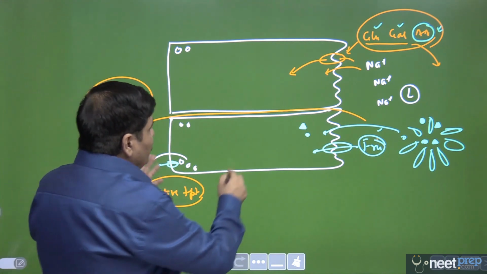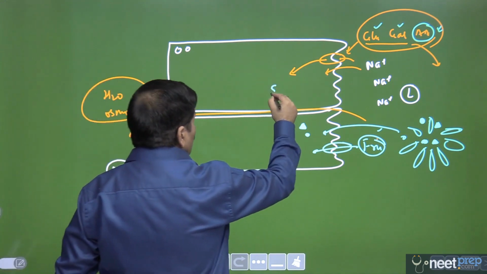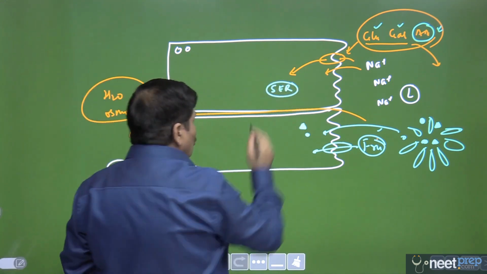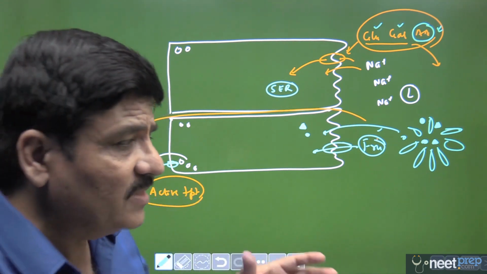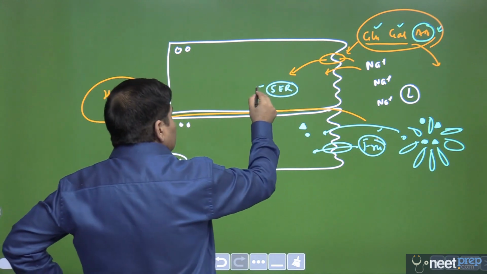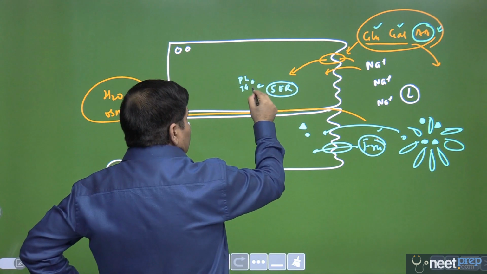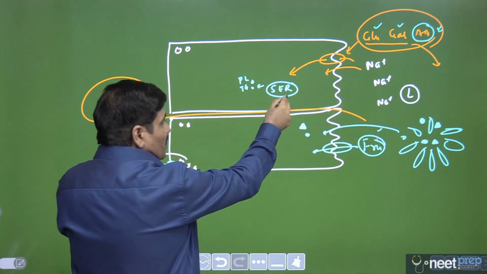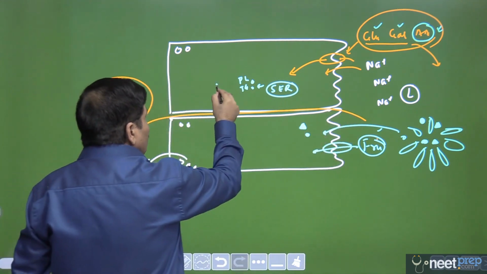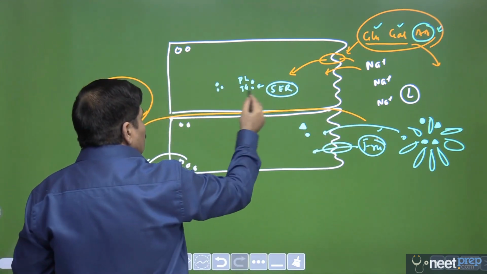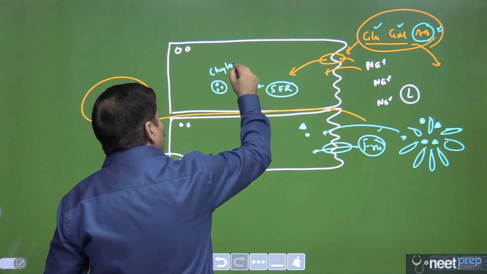And what happens inside the cell? And this cell is a eukaryotic cell. This is a cell of our body. There would be smooth endoplasmic reticulum, and you know from your earlier classes that one of the functions of the smooth endoplasmic reticulum is lipid synthesis, and it will synthesize again the phospholipids, the triglycerides, etc. So all the lipids that were broken down are synthesized again in the smooth endoplasmic reticulum of the lining epithelial cell, and then they are packaged into a protein coat, and this thing is called a chylomicron.